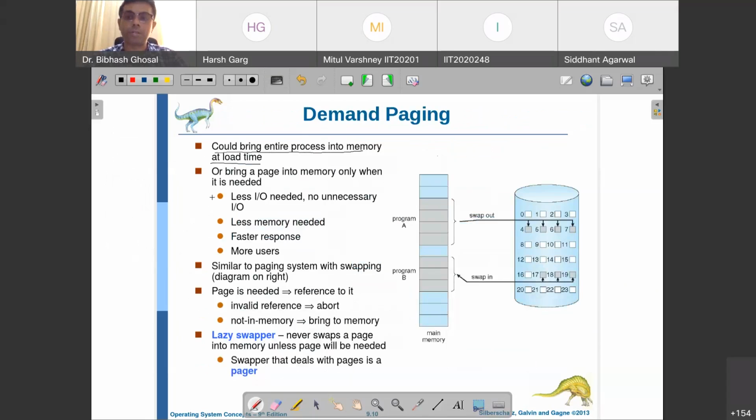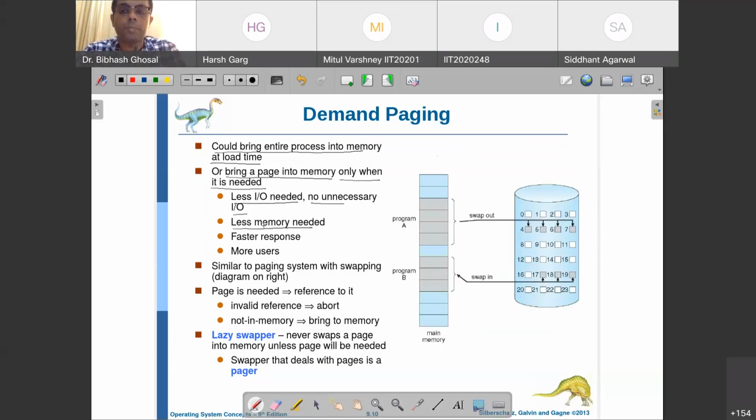This is one option, but it is not needed. Why? Because not all pages are executed simultaneously. So what you do is you bring one page into the memory only when it is needed. This is the basic principle of demand paging. Why? Less I/O is needed, no unnecessary I/O, less memory needed, because you are only consuming